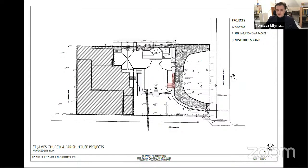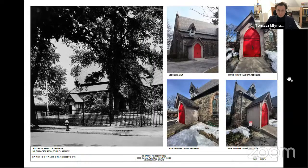The next and probably largest intervention we'll be doing is the vestibule and ramp, which will provide the ADA accessible entrance to the church itself. So you can see here on the left the historical vestibule and what it looks like right now. You can see right now there is a ramp that actually continues through the vestibule itself. So this is not a compliant ramp in any way and can't really be made compliant without rebuilding the vestibule